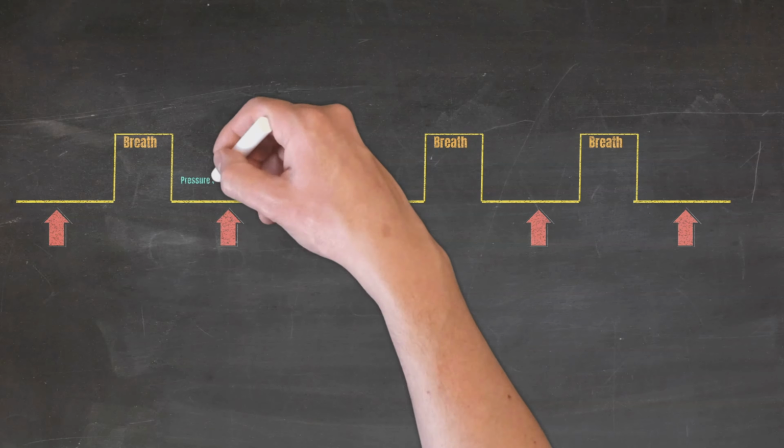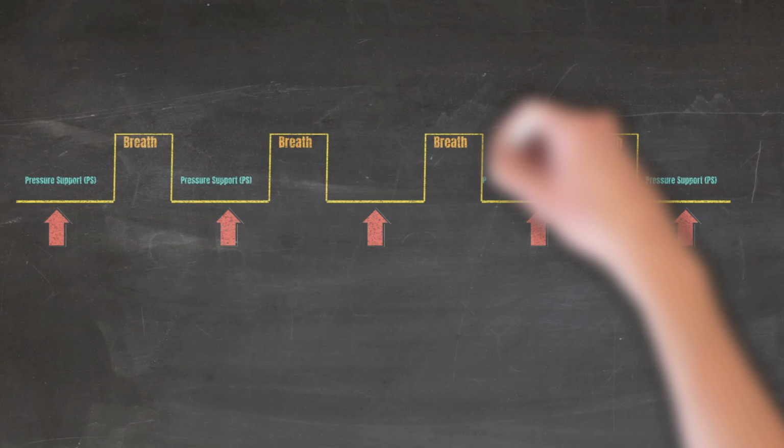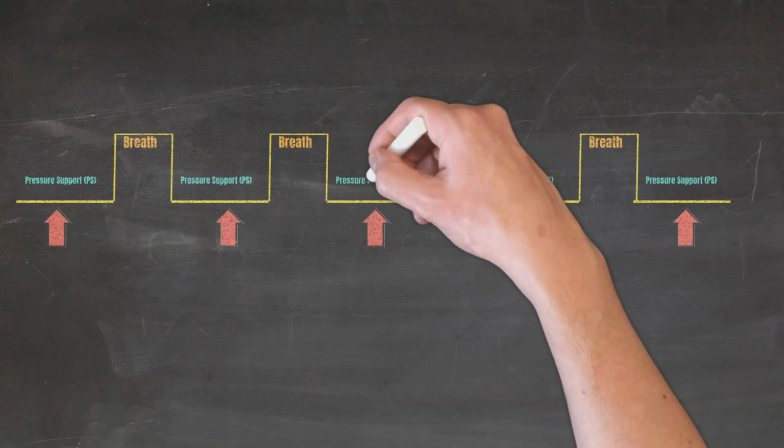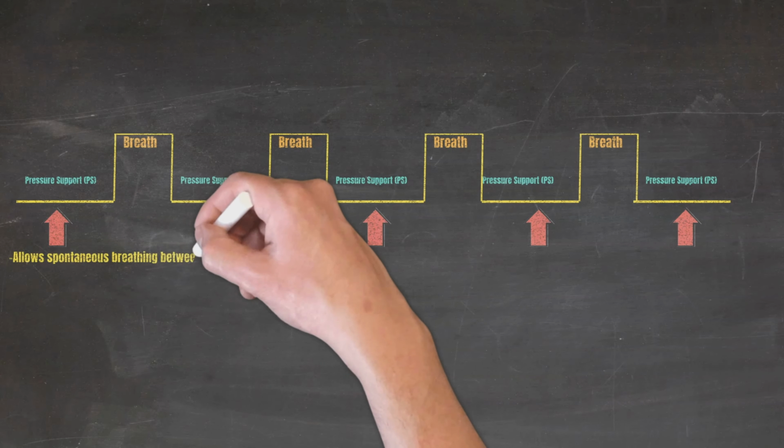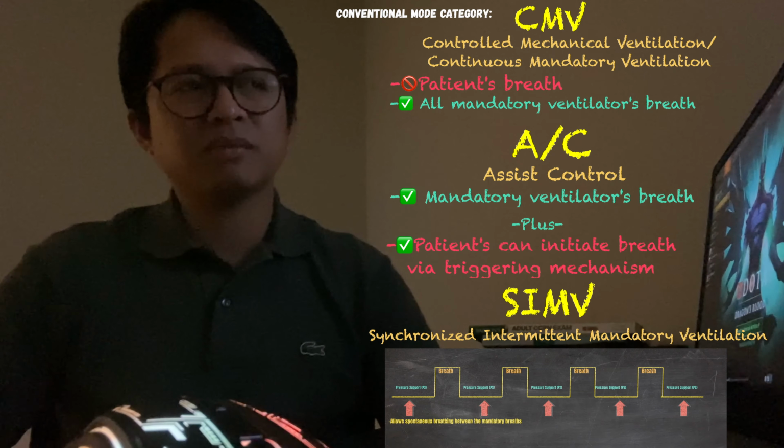This is where another ventilator setting is added, and this is the pressure support. Pressure support, or PS, helps in reducing airway resistance and keeping airways open and patent during spontaneous breathing. This will make it easier for the patient to breathe and achieve a good tidal volume. And another reason why we're giving pressure support is that,